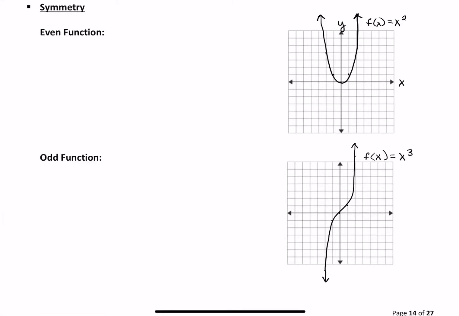Now let's look at different types of symmetry. We've got two different types we're going to look at, and they tell you whether you have an even function or an odd function. So let's start with the even function. An even function is symmetrical about the y-axis. So if you have y-axis symmetry,